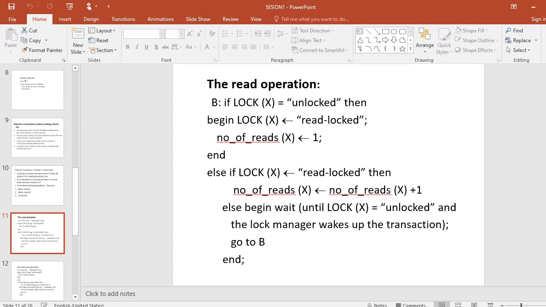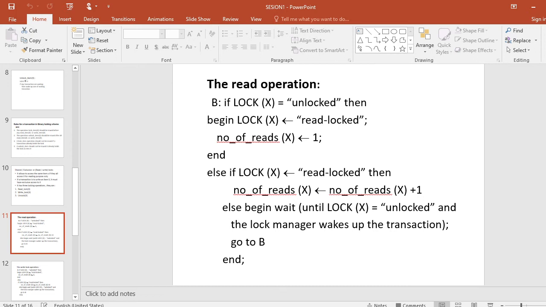The implementation of the three locking operations can be handled by maintaining a lock table and keeping track of the number of transactions that hold a shared read lock on an item in the lock table. Each record in the lock table will have four fields: one is data item name, second is lock, third is number of reads, fourth is locking transactions. The state of lock is either read locked or write locked.